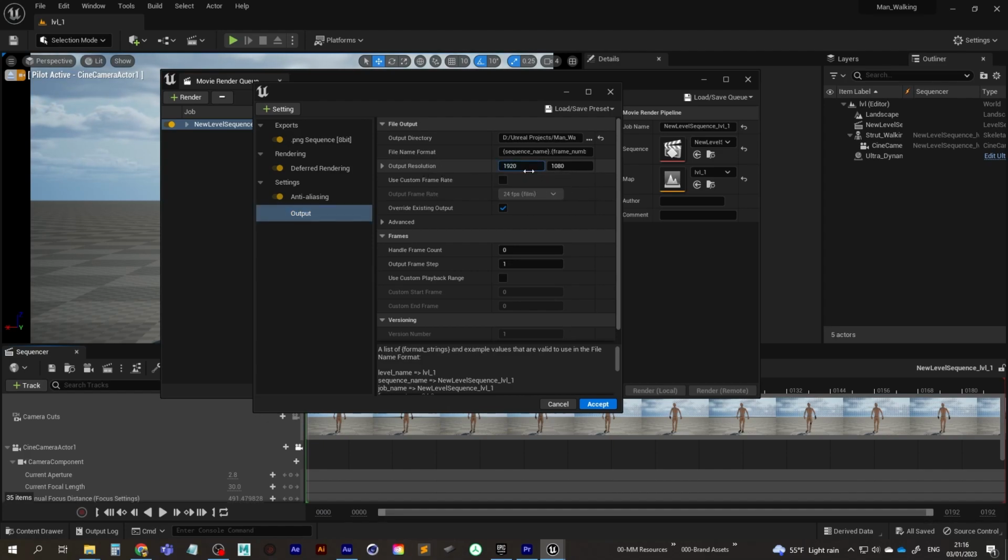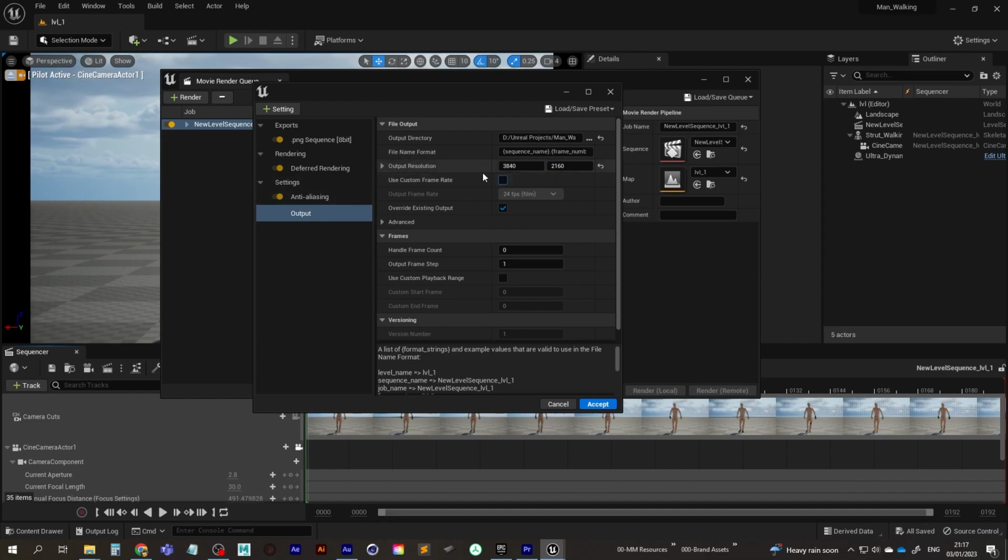I'm going to go a bit higher than that. I'm going to multiply this by 1.5. Hit tab. I'm going to multiply this by 1.5 because I want to add a bit of camera shake. Actually, I'm just going to go 4K altogether. So we'll multiply this by 2 and we'll multiply this by 2.